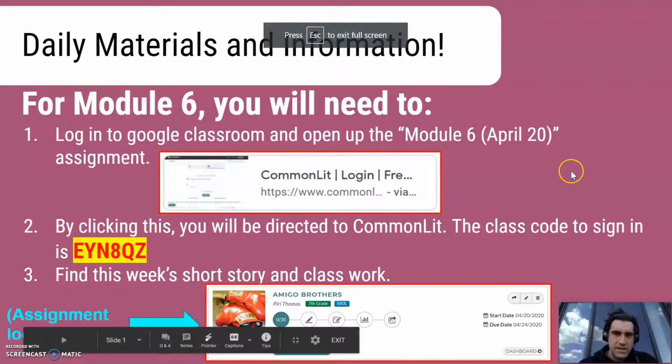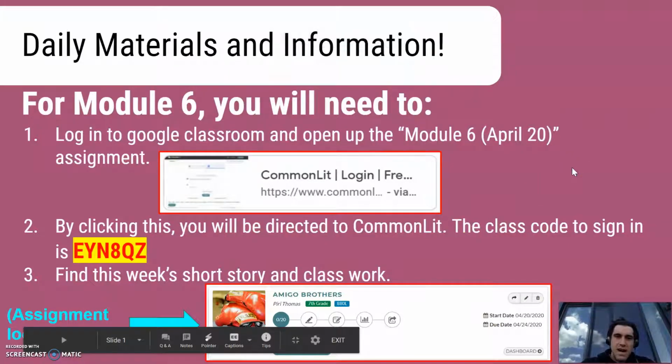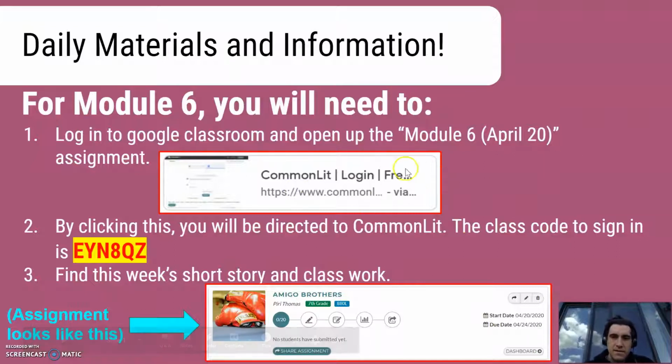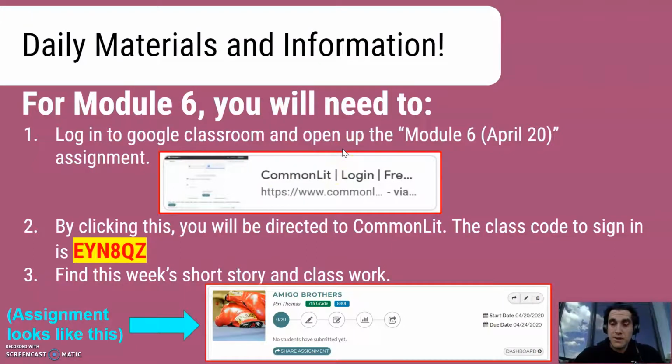Now, you'll see this CommonLit login. You want to click that. That's going to be our work for today. So we're going to do some work in CommonLit. Some of you have already worked through this. Some of you haven't. Either way, I created a classroom for us. So what you want to do